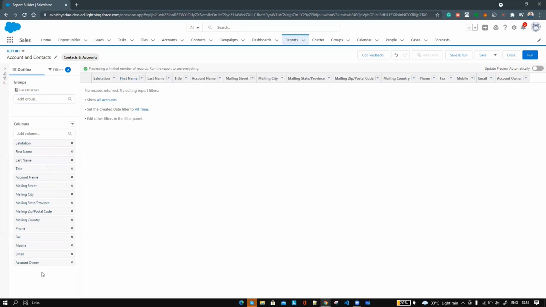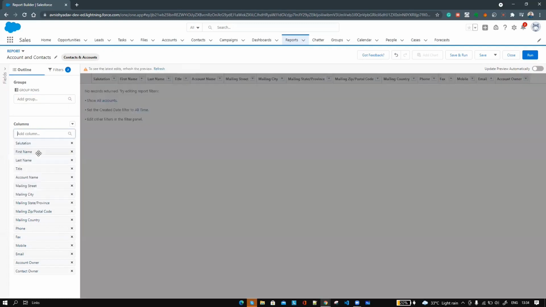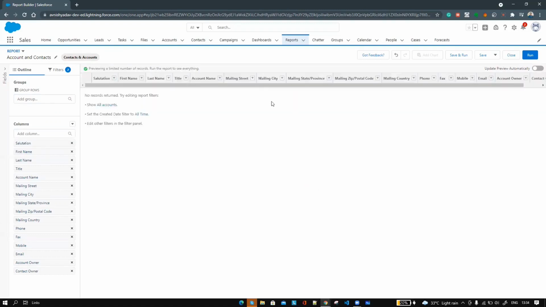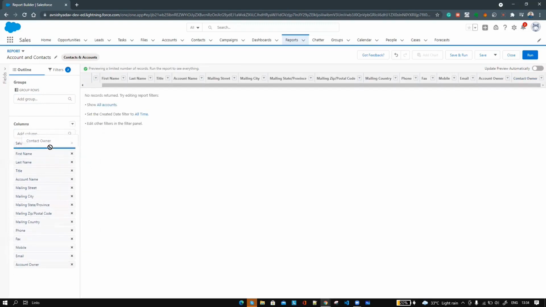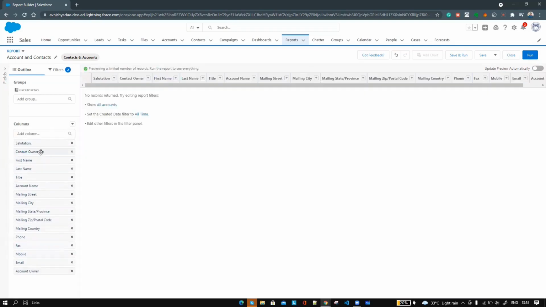You can see all the columns which are actually added are present there, and if you want to add an extra column you can click there and you can see it is added. You just have to refresh and it will add it at the end. You can see Contact Owner. If you want to change the position, you can drag it there and leave it there. So we dragged it and you can see it has come up at the second position.